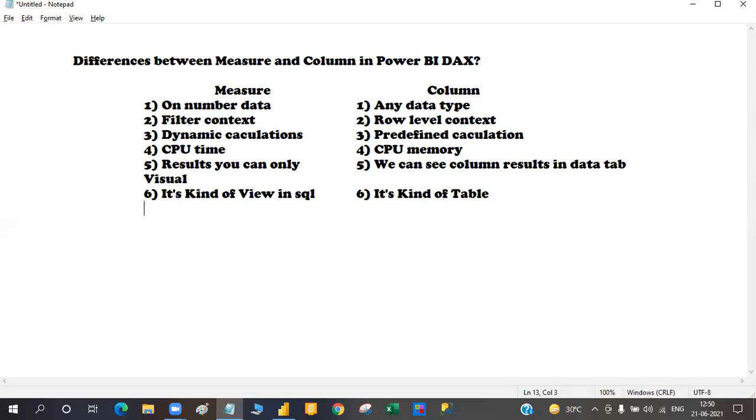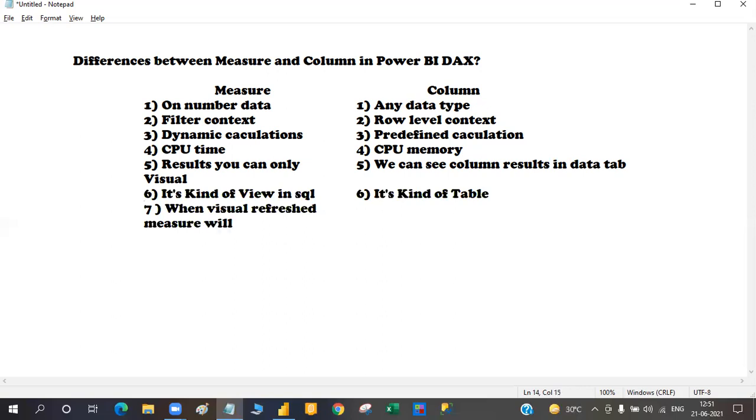And also, when will it refresh? When the visual is refreshed, the measure will be refreshed.